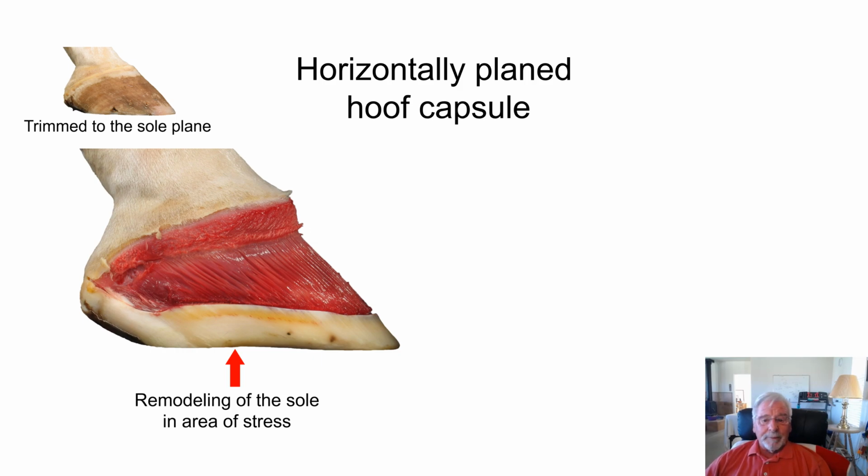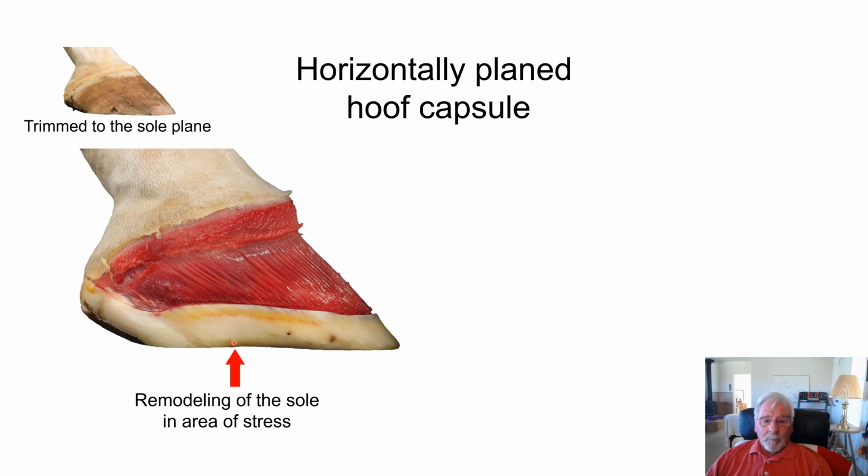This PIII bone is remodeling in the sole area of stress. If you notice that it's lifting up here, there are two forms of this being higher than uniform in its depth. One is this roll that you see taking place here, which is causing this wall to bend inward a little bit. That could create a pinching problem, and it also can create stress to the distal border of the sensitive lamina and to the dermis. Well, that's the other cause for this white line to increase in its